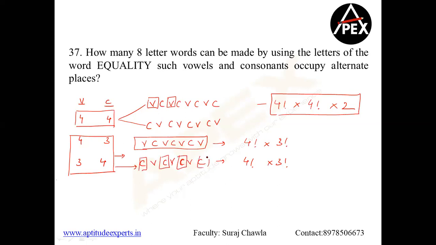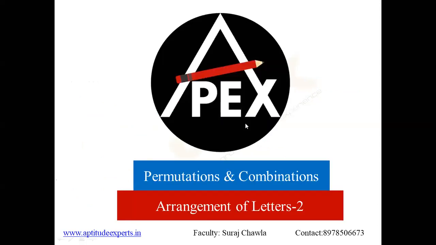Clear with both the models, guys? When both of them are equal and when they are not equal. And if there's a gap of more than one, then my answer becomes not possible. I cannot arrange them in alternate places like this. In this case, my answer becomes not possible. So this is a complete brief about all the three models of alternate positions. Now let's look at the second part of alternate arrangement of digits.